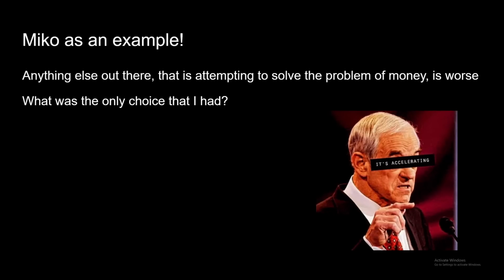And I really am a perfect example of this. I was a Bitcoin maxi because I understood that everything else out there that is attempting to solve the issue of money and become a better form of money was failing miserably, and that Bitcoin was the best solution. But then when I truly understood and researched what Kaspa was, I really only had one choice. I had to get myself off Bitcoin and onto Kaspa and de-risk and get at least a little bit of Kaspa.